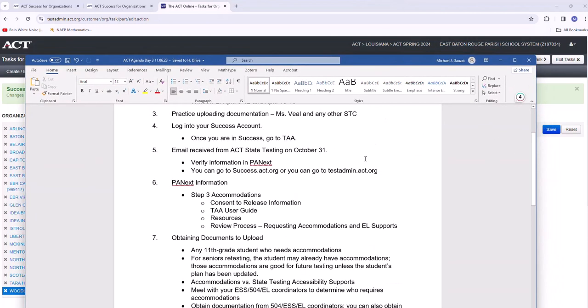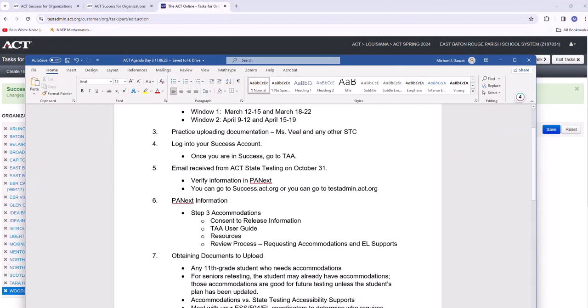Okay. So right here, there are two ways to get into PA Next. You can go through Success, or you can just type in testadmin.act.org. And if all I need to do is just get into PA Next, this is what I use, testadmin.act.org.